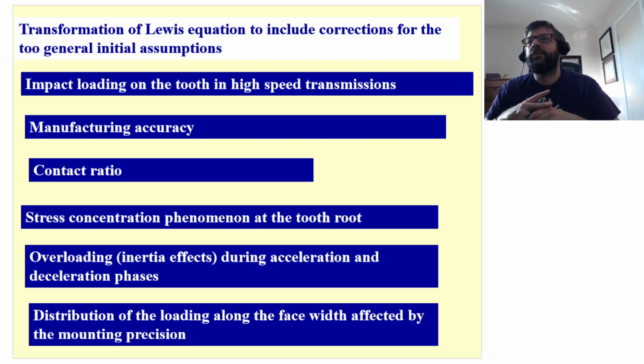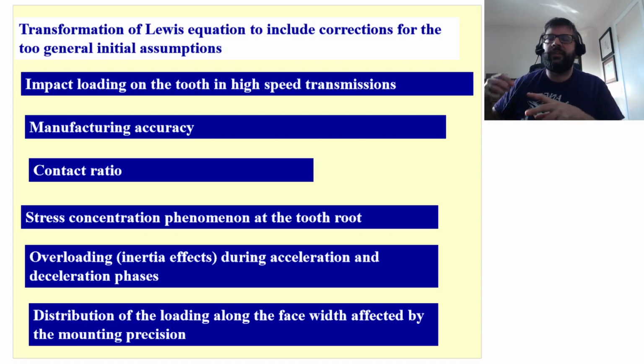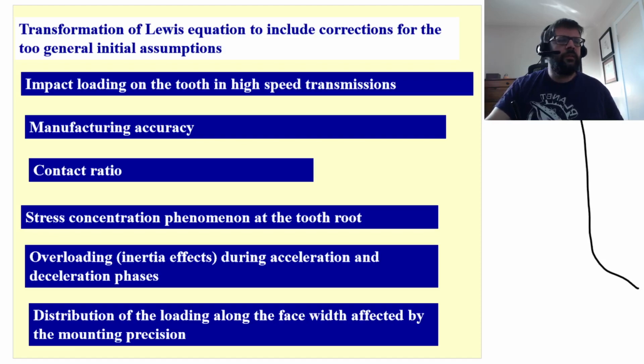The contact ratio: when you have a higher contact ratio, you're going to be able to share the load amongst the teeth. So basically, what that means is that if you have a particular tooth here, let me